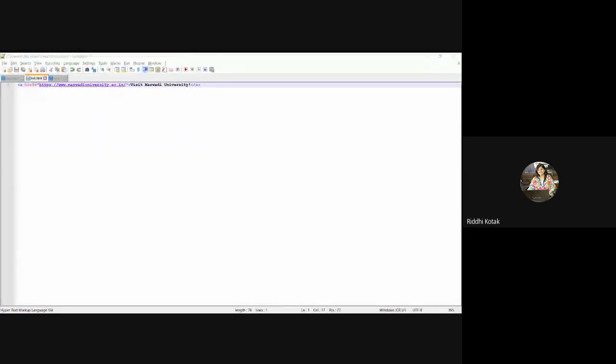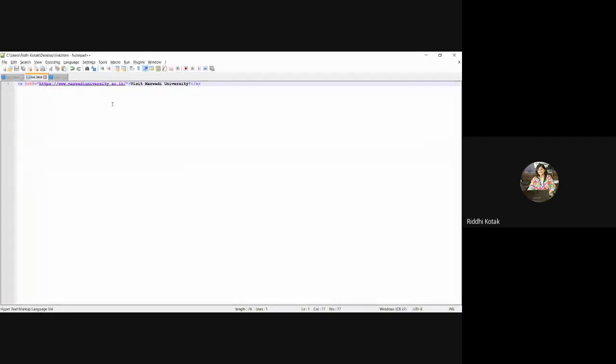Next thing is you have to use hyperlinks, right? Hyperlinks means, suppose in your website you want to redirect to another page. For that you can apply hyperlinks. I have already done this over here. The syntax is: you start with the opening bracket, then a space, href equal to, and in double quotes you provide the full website name.